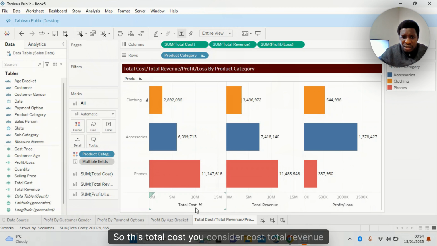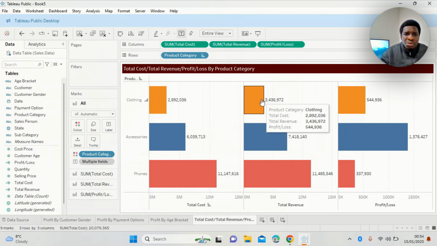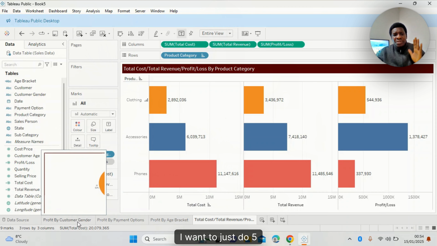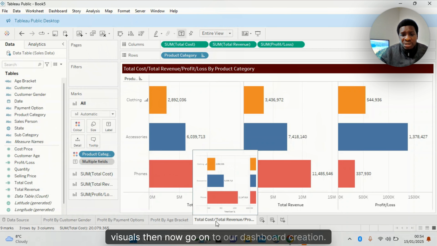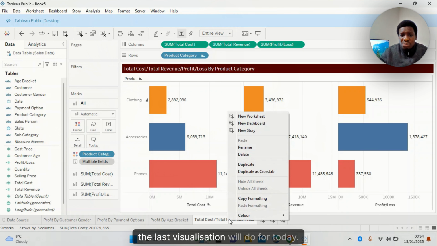So this total cost, you can see that total cost, total revenue, and profit and loss. Okay, let's come to this drop arrow and hide this card. All right, so let's look at another visualization. I want us to just do 5 visuals. Then we'll now go on to our dashboard creation. All right, so the last visualization we'll do for today,